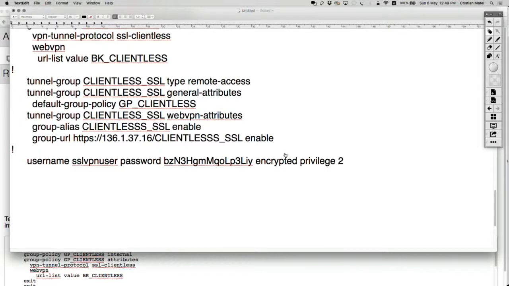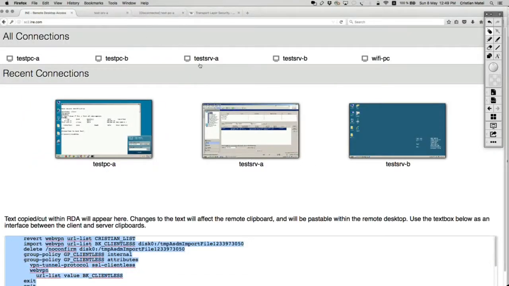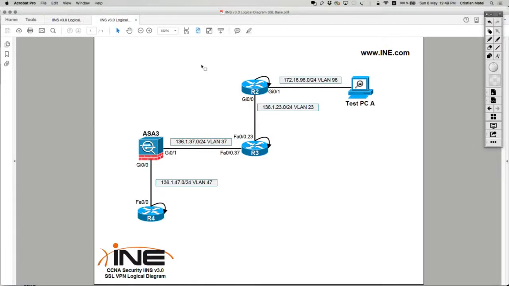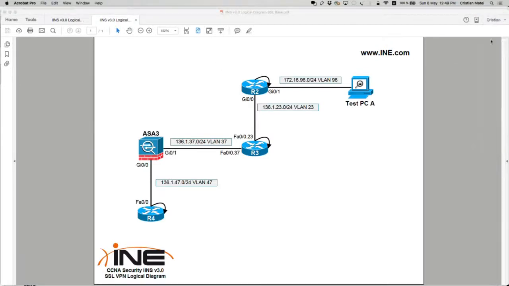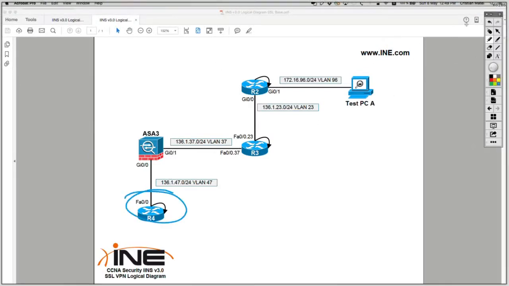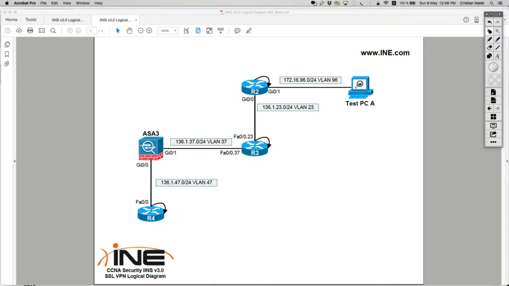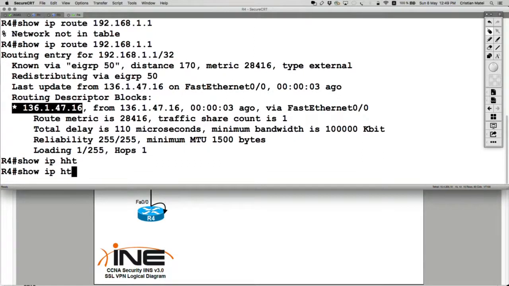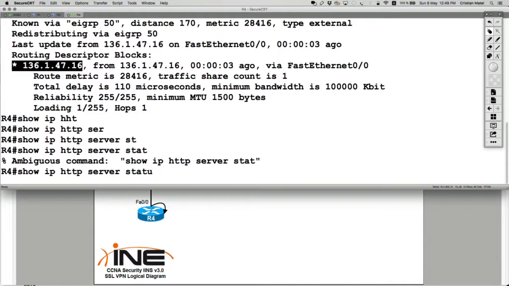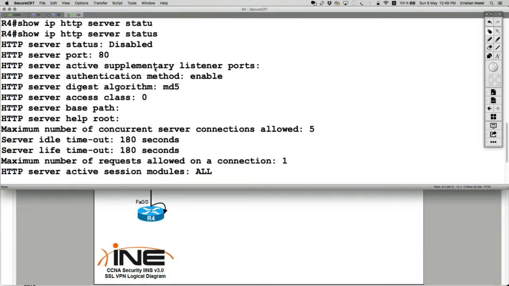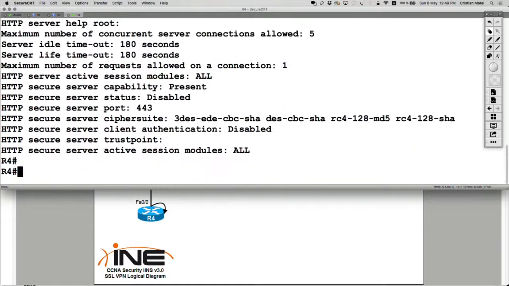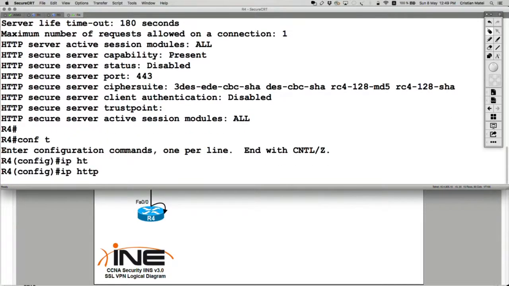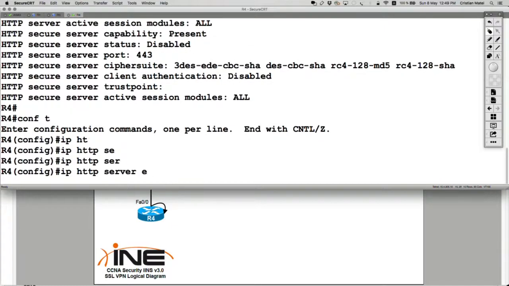So now going on the client side, and of course the last step is going to be, let's make sure that on router 4 the web server is enabled. Let's go on router 4 and say show ip http server status, and it is disabled. Let's enable it. ip http server enable,